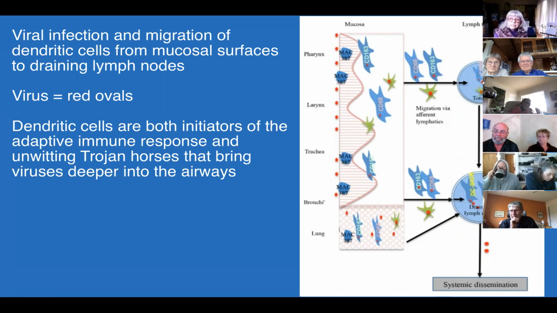Did you ever know Charlie Janeway at Yale? Who was it? Who? Charlie Janeway. Oh, no, didn't know. Okay, so Charlie Janeway was a Yale immunologist, and he basically discovered toll-like receptors